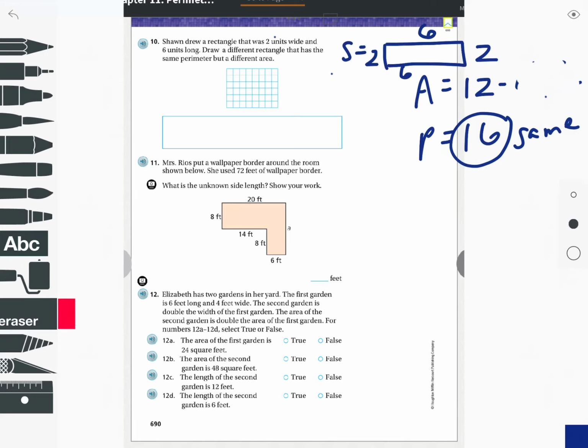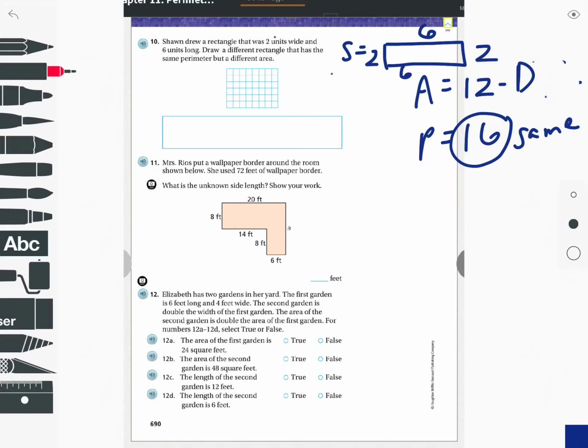So this has to be the 12. I'll just put D for different. This has to be different, okay? So it has to have a perimeter of 16. So it can't be 6 plus 2. How about I try, maybe I could try,